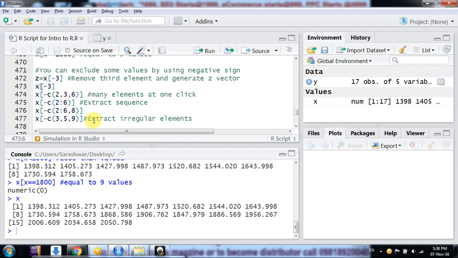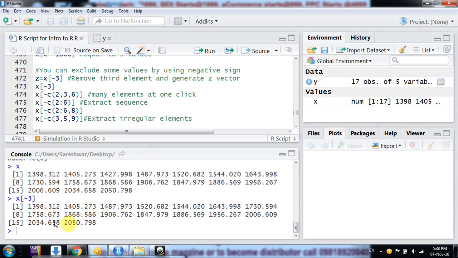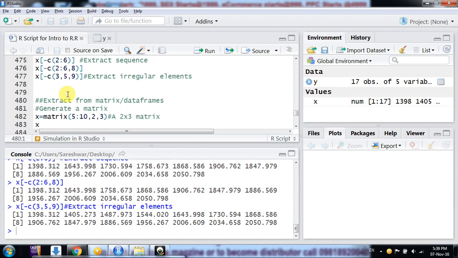I will generate a new vector z from x with square brackets and minus third, meaning exclude the third. Now in this vector the first value is the same, 1398, the second is 1405, the third is now removed and the fourth comes at third place in the new vector. We can assign it to a new vector as well. The entire task is the same; you just mention the minus sign and everything else is as we did earlier. So this is the way we can extract or exclude values from a vector.